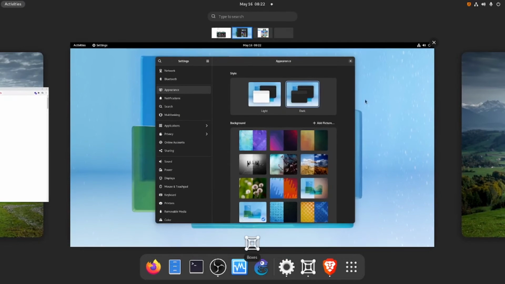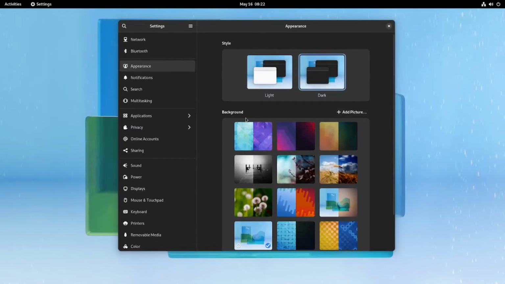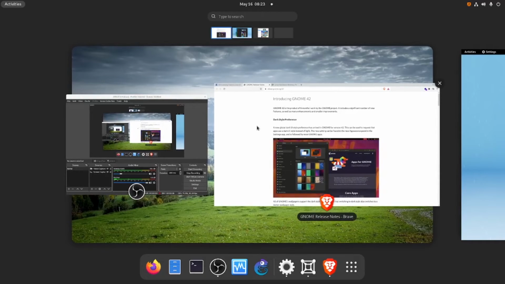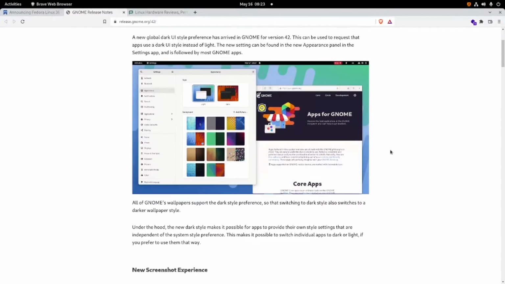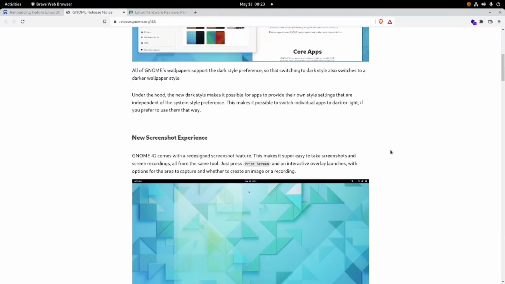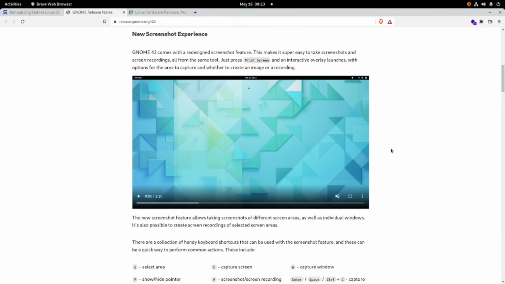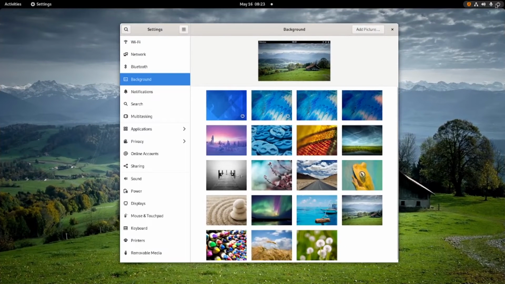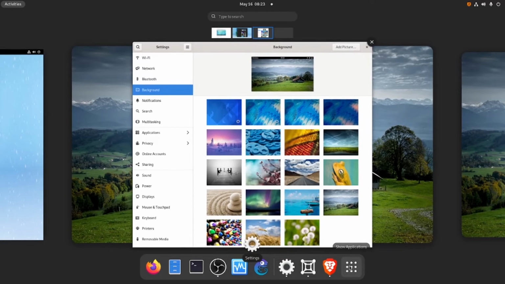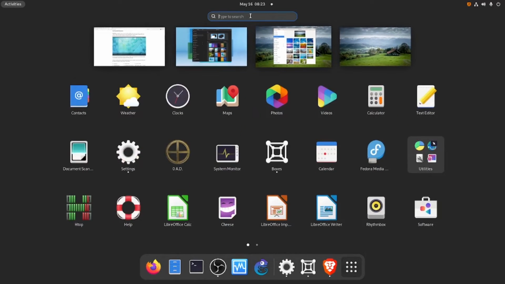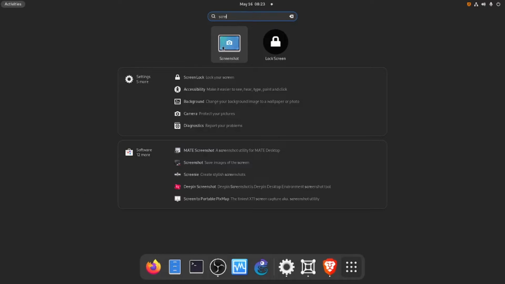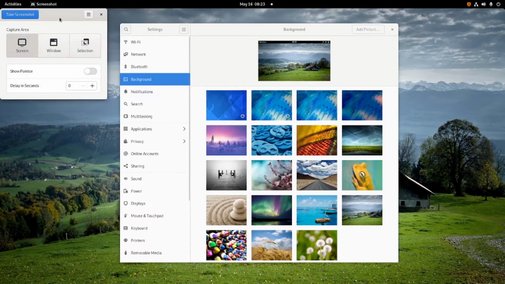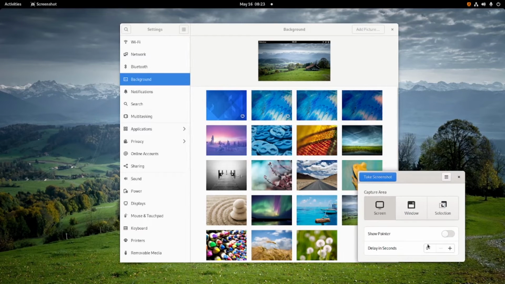Let's go back to the VM, and then after dark style preference, screenshot experience. Let's try. If I go here and I run the screenshot, it will be like this in Fedora 35.